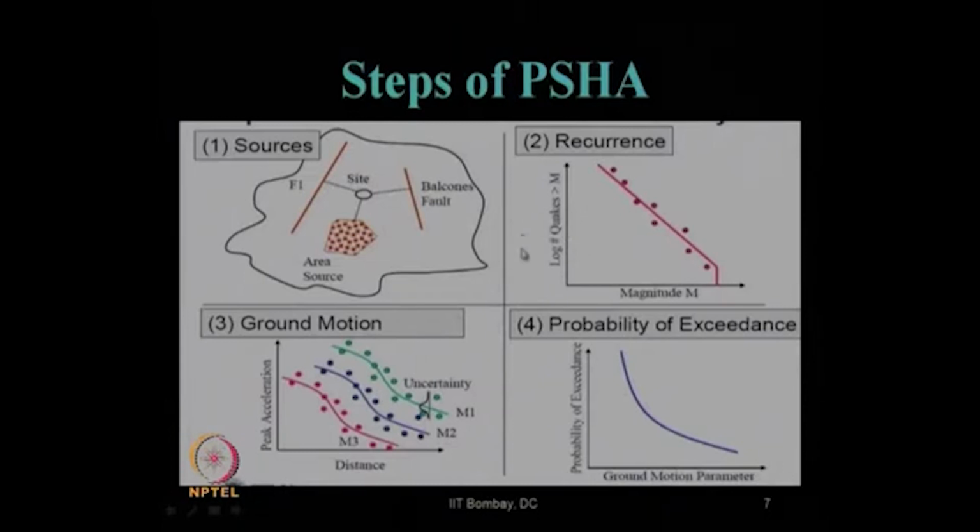say a 4.5 magnitude earthquake or a 5 magnitude earthquake, and their number of occurrences with respect to that magnitude we need to plot. Then the peak acceleration, that is the chosen hazard parameter, versus distance based on various attenuation relationships for different sources needs to be plotted, and within each of them we need to find out the uncertainty based on the probability distribution function, or the chances of a particular event occurring within that source. Finally, we have to estimate the probability of exceedance of a particular event to occur at that site based on various